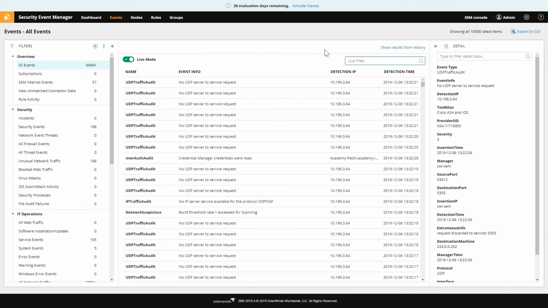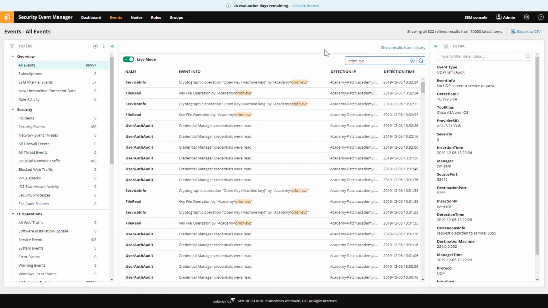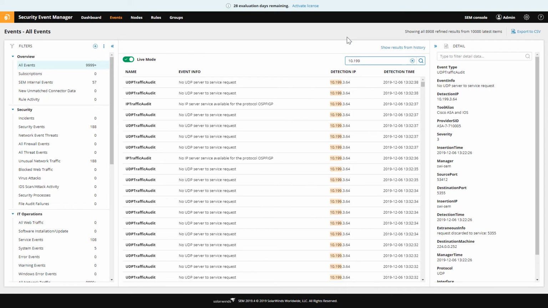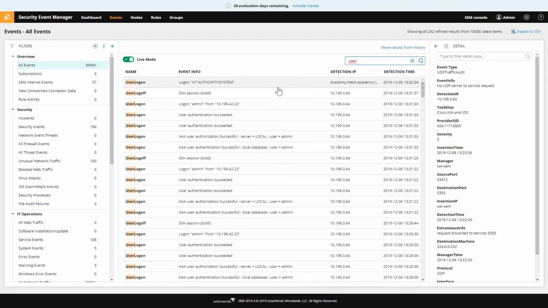So for example, I could search for a particular account name. Okay, it'll filter out all the data from all events down to just the ones that have this highlighted text right here. I could search for an IP address. Even a partial will generate a match for us. I can search for event types. I can search for literally any data that you see in any of these fields here. Not just these 4 columns, as it might appear, but it actually is filtering the entire event, all of these different fields, for whatever you're looking for. Let's try user login event. So we'll see all of our login events coming from our patch server and our ASA device.